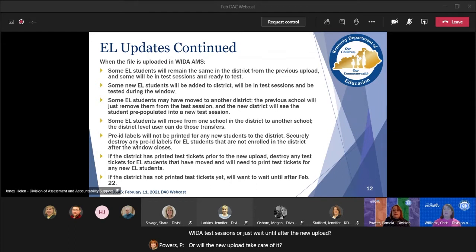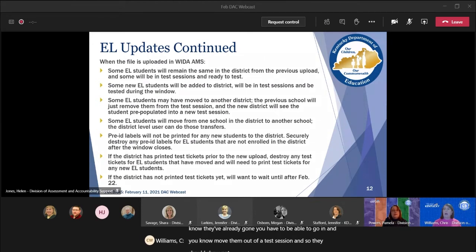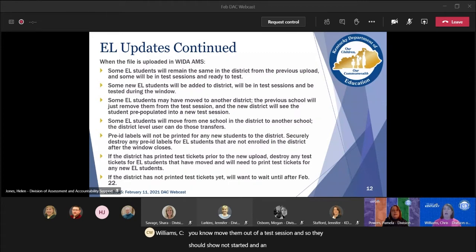Well, it doesn't remove any students from any test sessions. So if you've got any students who are already in a test session, you have to go in and move them out of a test session, and they should show not started. And if they're not started, you also want to let the test administrator know not to test those students,